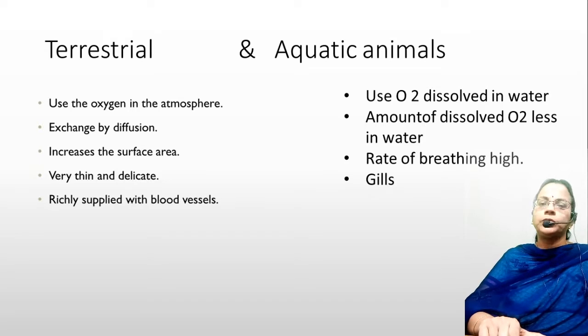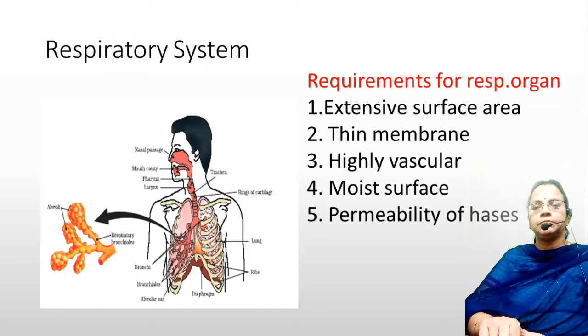Now we will move on to a more detailed study of the human respiratory system. The human respiratory system consists of the main organ, a pair of lungs, which is pyramidal in shape and very well protected by a double membrane lining called the pleura. There is an outer pleura and an inner pleura, which enclose a space, the pleural space. It is filled with a fluid, the pleural fluid, which acts as a shock absorber.